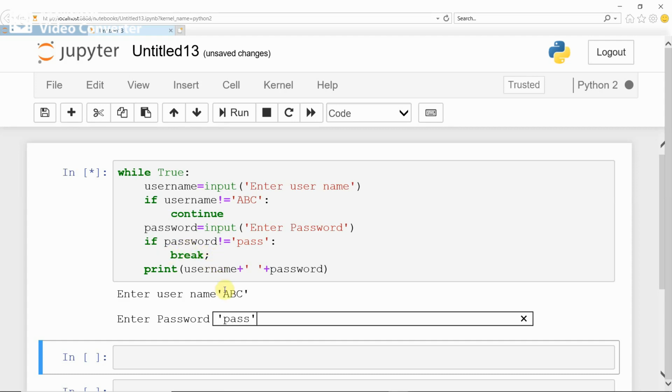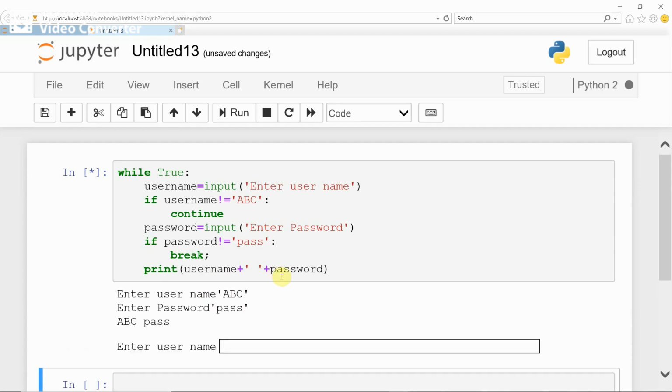Now which statement will be executed? The condition password not equal to pass becomes false because the password equals pass. Therefore, it displays the username and password. The print statement will be executed and break will not be executed. Therefore, it is transferring control to the while loop.